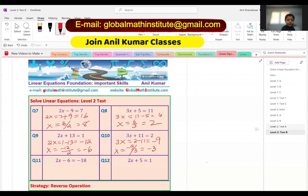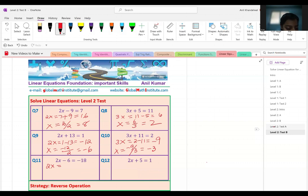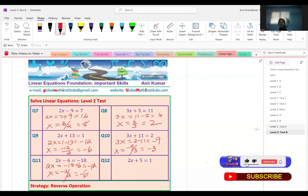11th question. 2x plus 6 equals minus 18. I mean, 2x plus 6 is minus 18. So 2x is equal to how much? 2x is equal to minus 18 minus 6, which is how much? Minus 24. So x equals minus 12...